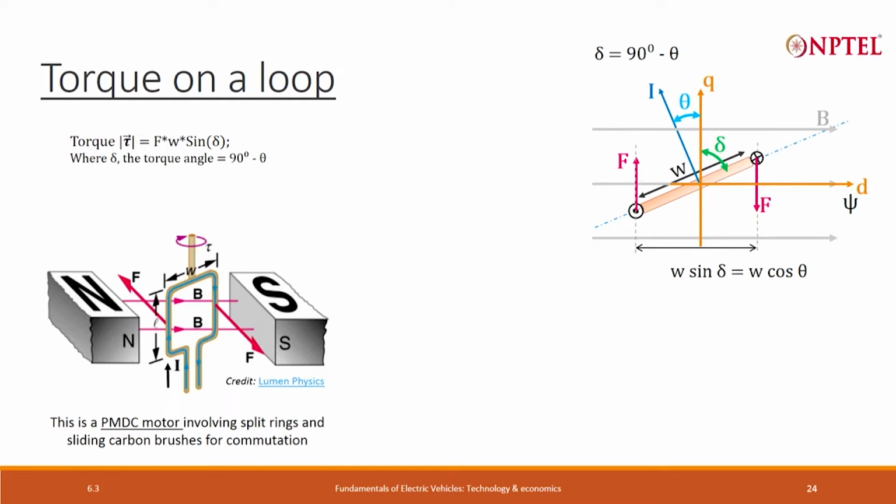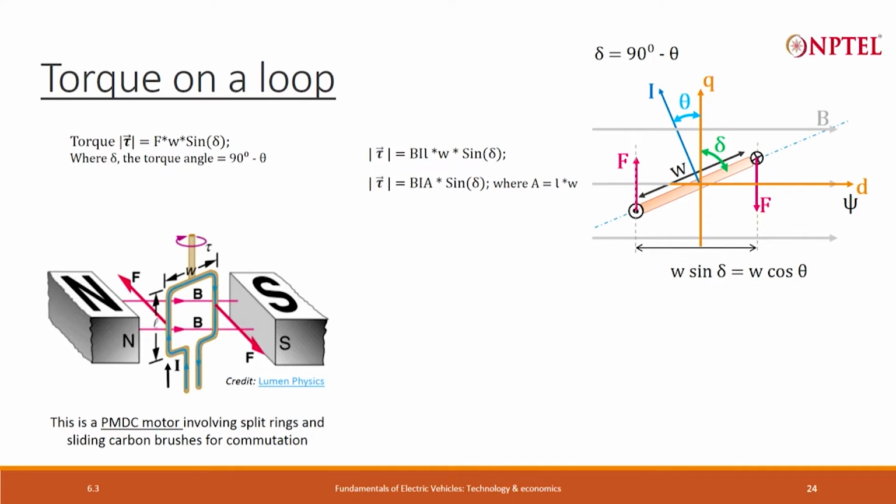Delta is normally called the torque angle, and the complement of that angle, which is very important, we will later on see why it is important, is called theta, and I can also say that the torque is equal to F into W into cos theta. Both are mathematically equivalent. So, the magnitude of the torque is this, and BIL into W, which is the width. If I multiply L and W, I get the area of the loop,